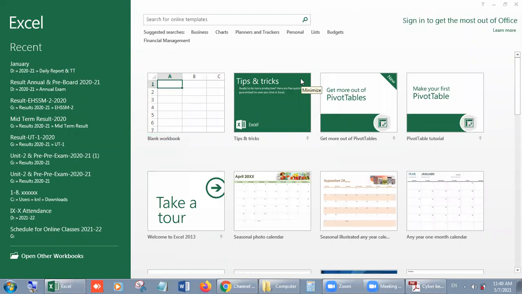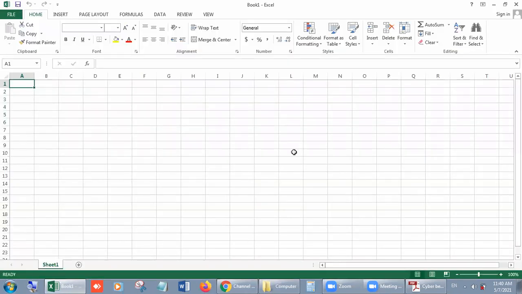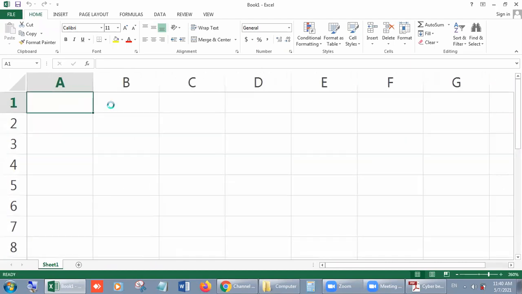Okay, beta. Now I'm going to show you how we can use a simple formula in Excel. Let's start. This is our Excel sheet, beta, and I told you before as well in our previous lecture. Again, I am showing it.